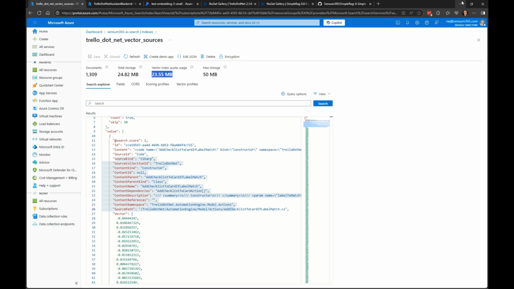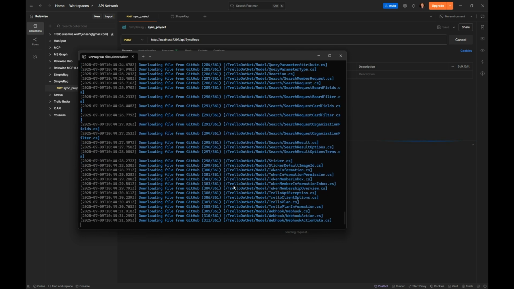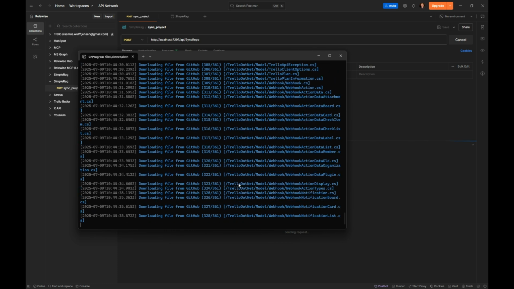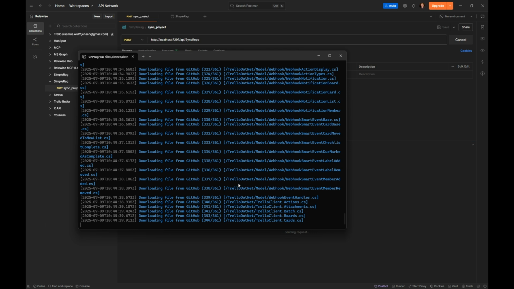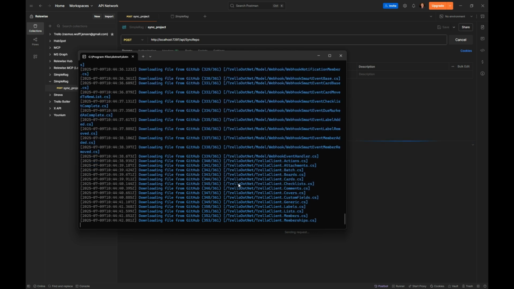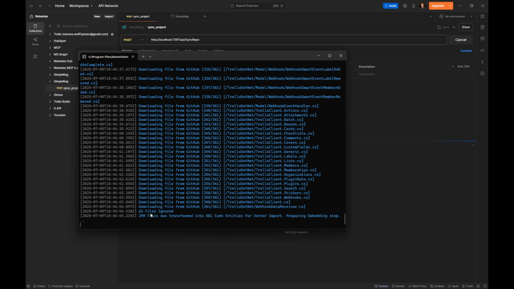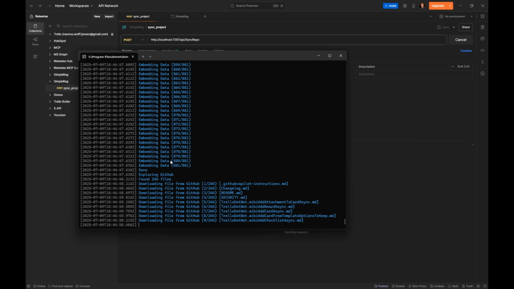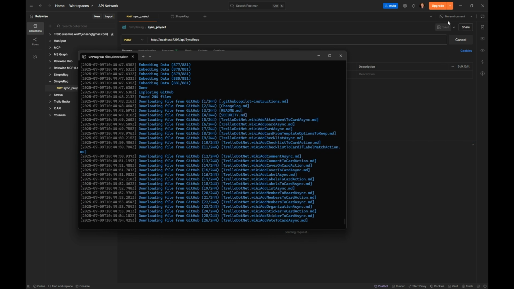a different source here. But what is happening here behind the scenes is, again, it's downloading the data because I don't want to be dependent on having a clone of the repo. And once it's done with downloading, as you see here, it begins to embed the data, but because everything is up to date, it's done. And now it begins to embed my markdown files.